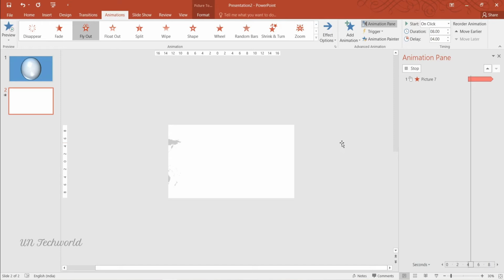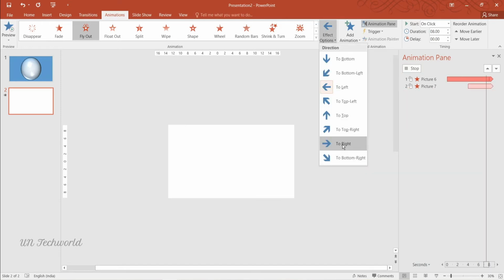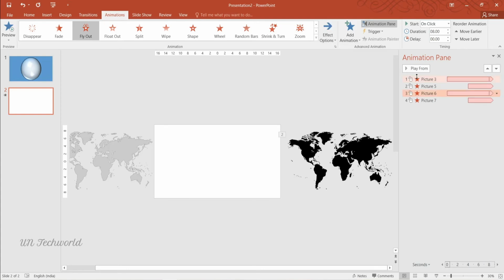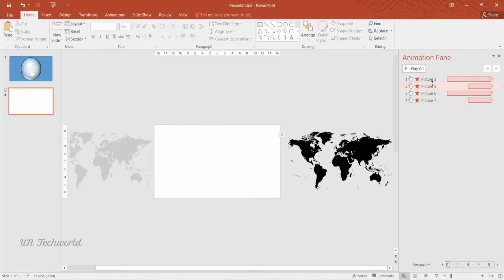Now it's okay. This one I will also check, and the color will be washed out. We want to change it, so go to Color and select Washout, and fix this picture one by one. Now we have almost come to the end of the animation.